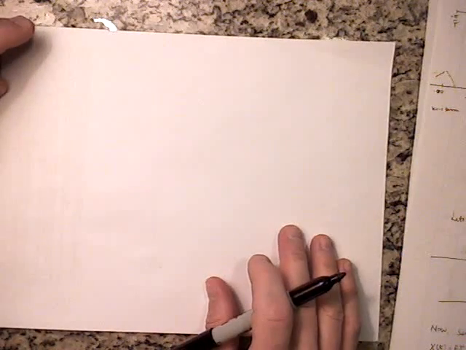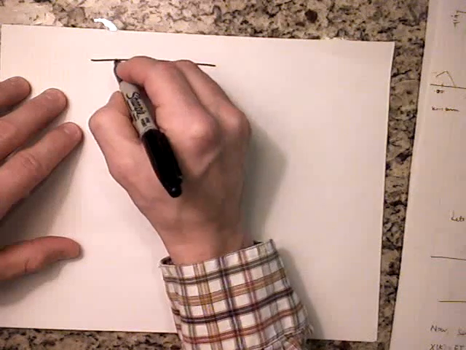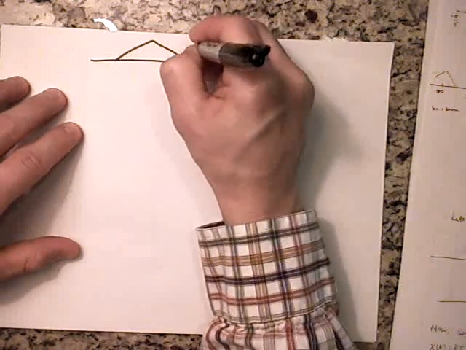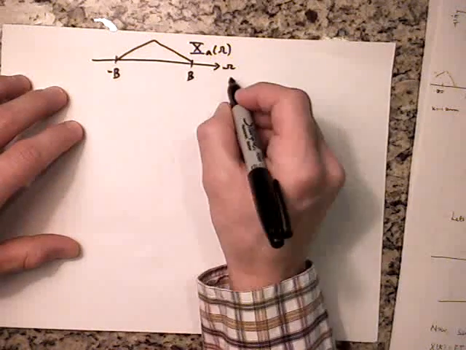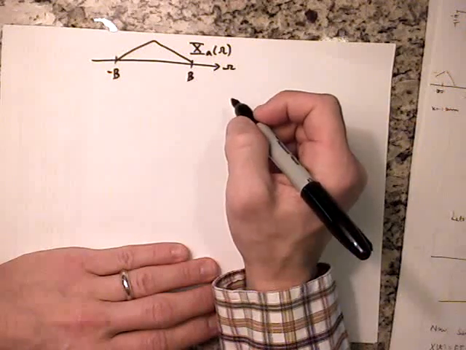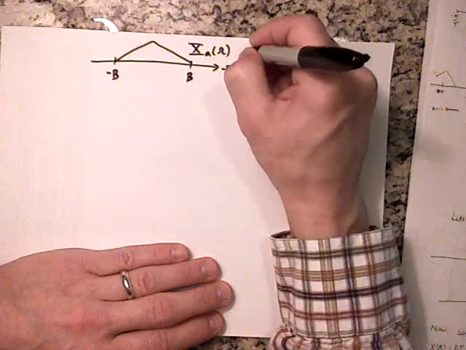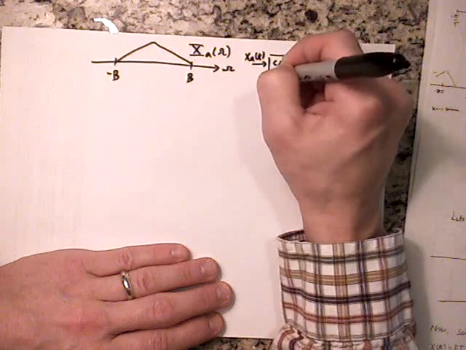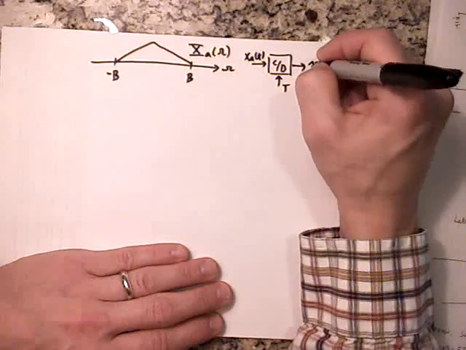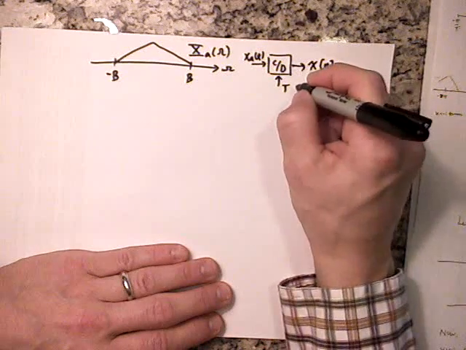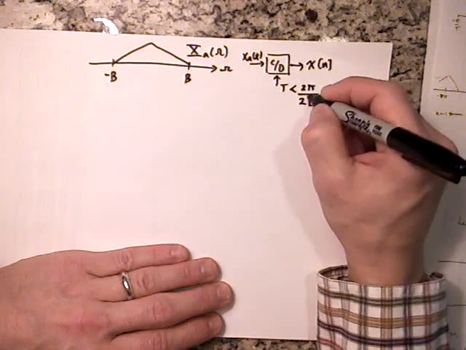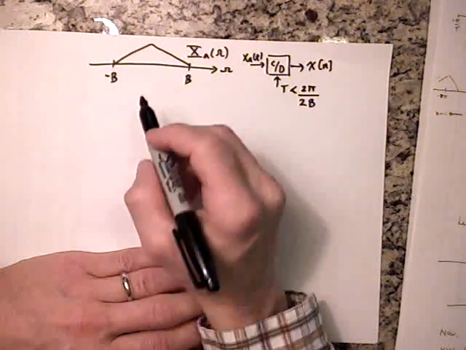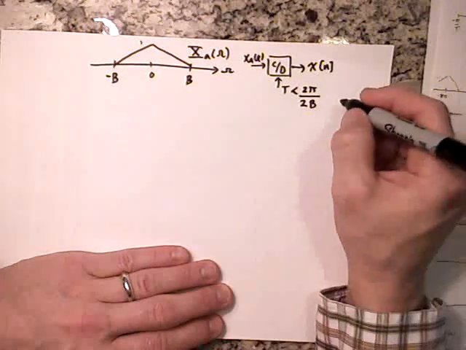So let's look at that again a little bit closer. So if x sub a of omega has all of its energy between minus b and b in radians, and if we're sampling this signal with an ideal continuous to discrete converter such that t is less than 2 pi over 2b, so it's 2 pi over 2b is the spectral width of the signal in the frequency domain, which is